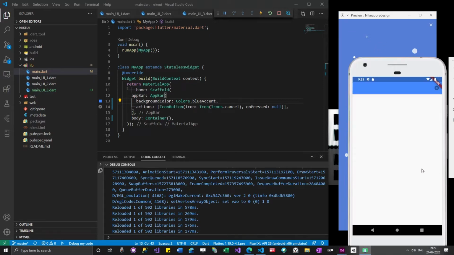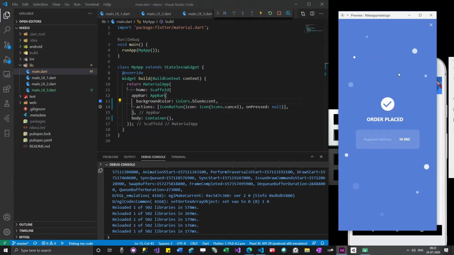As I showed you, we can do a custom app bar. If we have enough time, we will do that also, but for now we will leave it like that. I'm worried about this part of the page which I'm going to add.